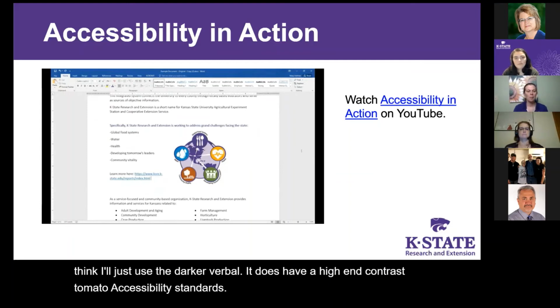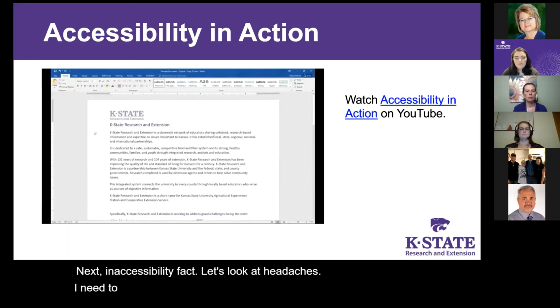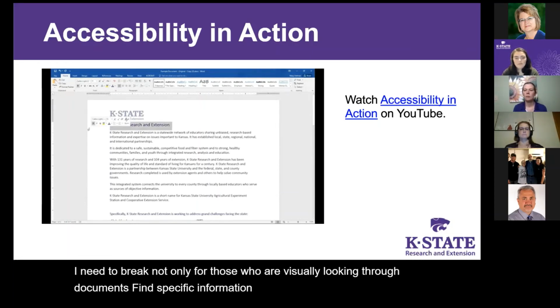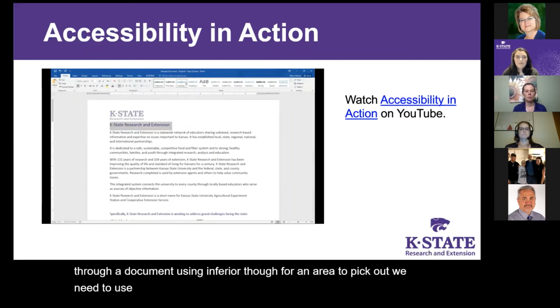Next in our accessibility check, let's look at headings. Headings are great not only for those who are visually looking through a document to find specific information, but for those who are listening through a document using an e-reader. Though, for an e-reader to pick it up, we need to use the style section of Word to code our